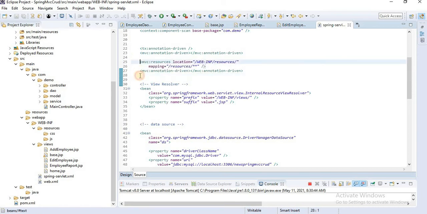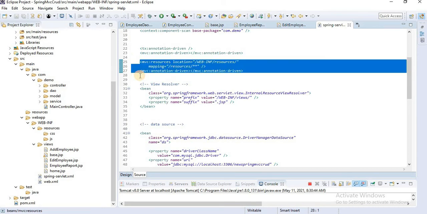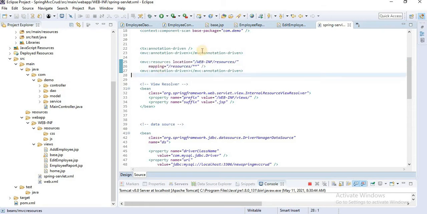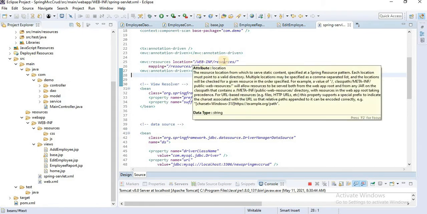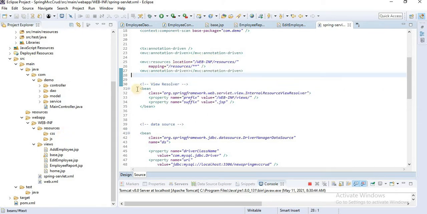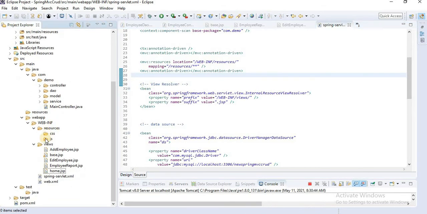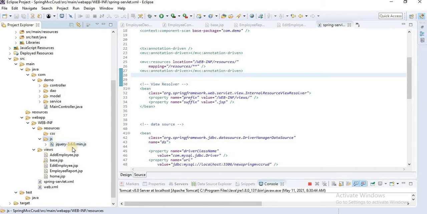If you haven't watched it, you can watch that video and easily understand. Here we define a web resource folder. Whatever we define inside this folder, we can access anywhere in the application, so it should be public. Let's paste the copied jQuery file inside the JS folder.